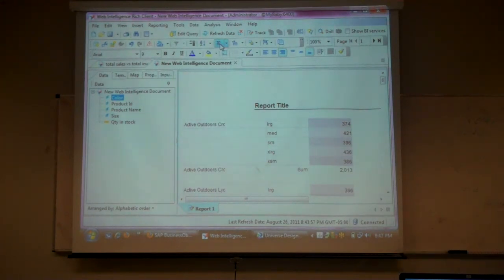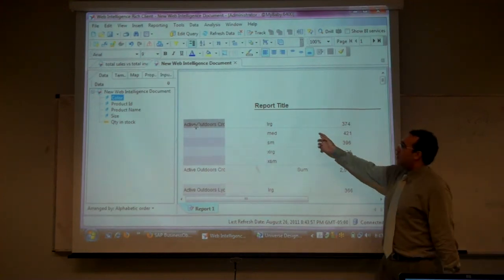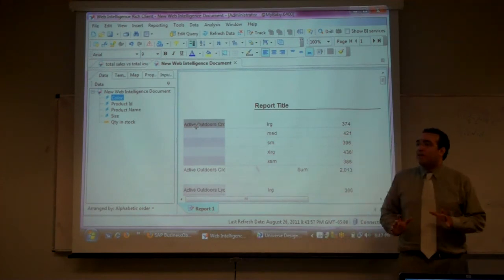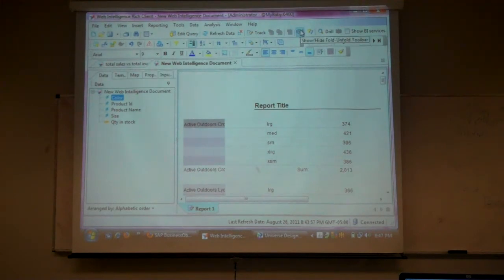Now, because we have it broken the way that we do, we can do something called folding. What folding can let you do is limit the amount of information that you're going to display. I don't really want everybody to know about large, medium, small. They don't care. Or colors. There's not even colors for any of the gloves. They're just in sizes. So when we go up to the fold menu, show, hide, fold on fold bar,